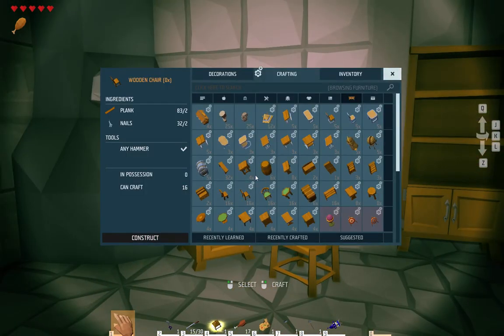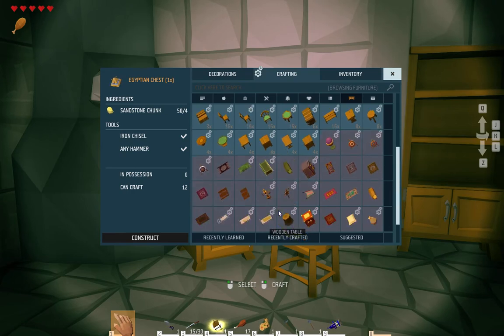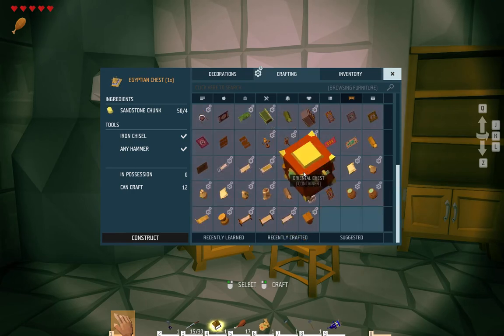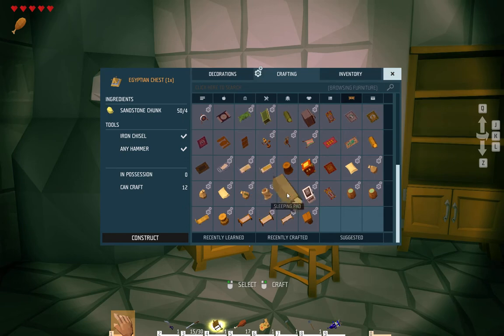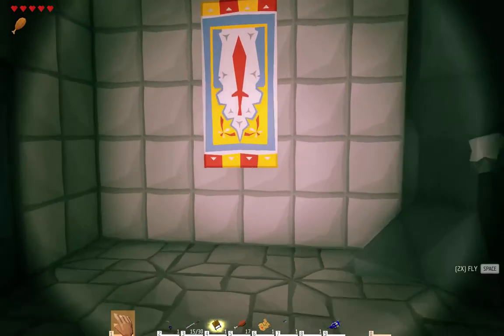I think I'm going to put... okay, we could do Egyptian busts, which is pretty good. I'll bet that these are small. We can only craft them and then place them down. Egyptian chests would be pretty interesting. I don't know why I'm obsessed with the Egyptian stuff all of a sudden, but it's okay. Stuff like this, the sacks and the money bags and stuff like that will be interesting to put in. Yeah, right underneath the sword